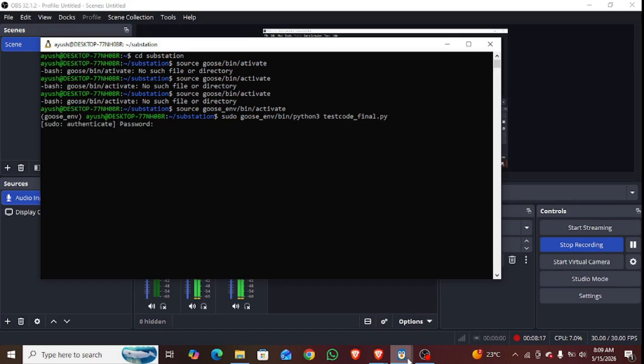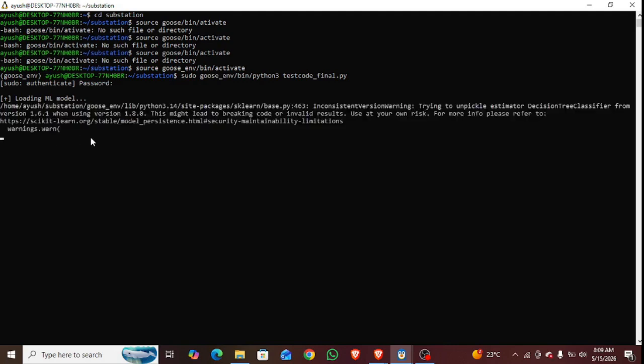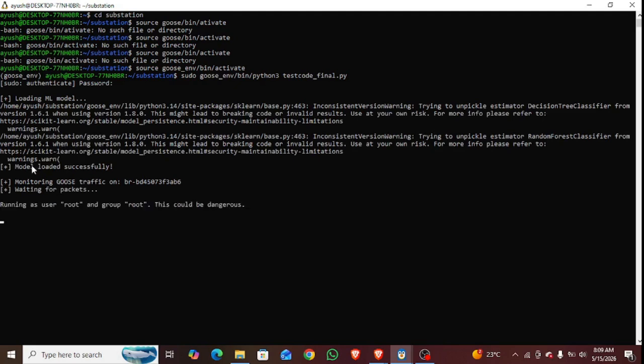So I can show you. Yeah, so now it is loading the ML model. It will take some time, and yeah, model loaded successfully, monitoring GOOSE traffic on this interface, waiting for GOOSE